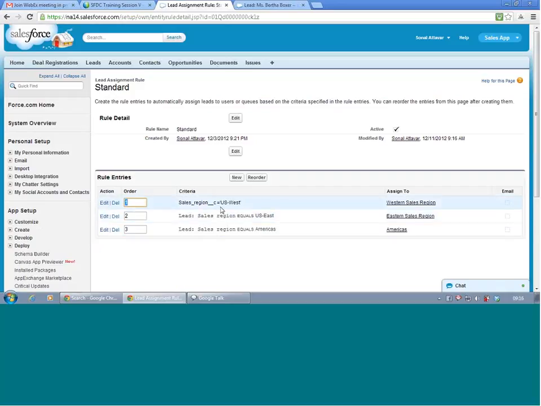The only thing is you should know some programming logic and analytical skills. The first one is straightforward: you select field equals to, AND or OR condition. This one is kind of pseudo code, but it gives more functionality and flexibility. You can add any number of criteria here. So these are a few things about the lead assignment rules.